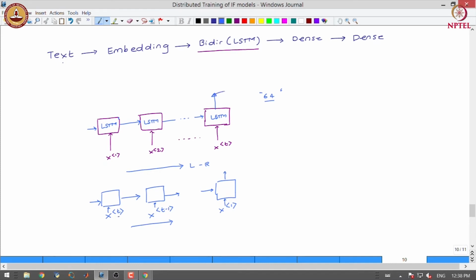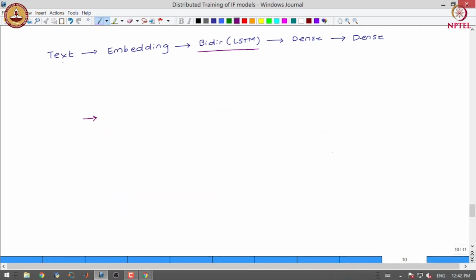And then both these outputs are concatenated, and we get 128 units from this.